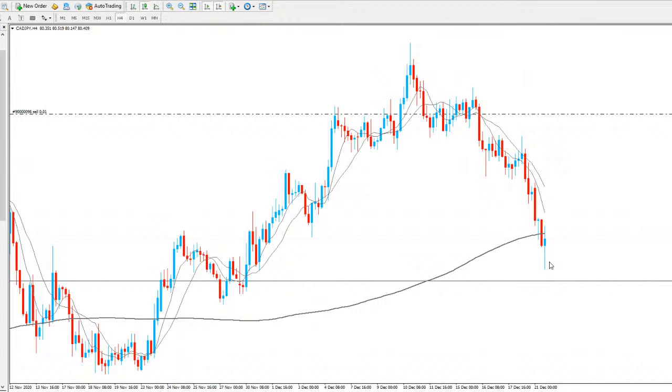So if price starts to gain some bullish momentum here, I'll probably just look to exit my trade completely. Already taken most of my profit as we've gone down here. So if we do look to reverse from this area, then I'll probably just exit the trade completely. But I still think there's room to the downside from a daily point of view.